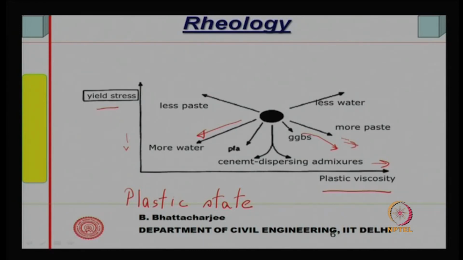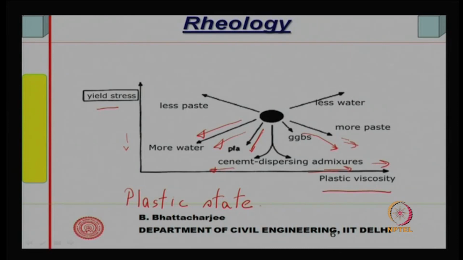Cement dispersing admixtures can increase or reduce the viscosity, but yield shear stress they definitely improve. And if you look at fly ash, pulverized fuel ash, if you pulverize the fuel and then the ash is generated, it actually behaves almost like adding more water. So, this gives us some idea how rheological properties are changed,